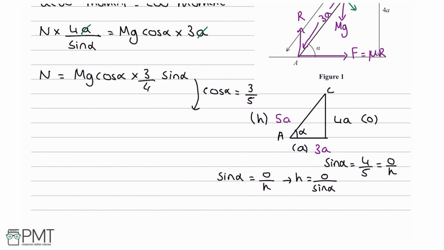Okay, so this means that we get mg times cosine alpha, which is 3 over 5. This 3 over 4 is carried straight down, and then times sine alpha. Well, sine alpha was 4 over 5. From here, I'm just going to cancel the 4's, and then we're going to say that n equals